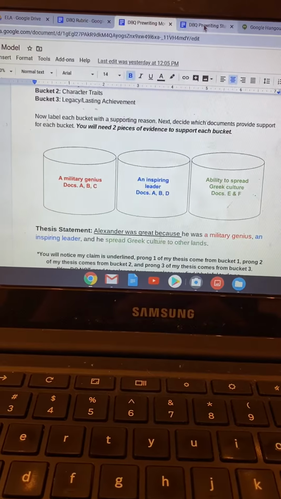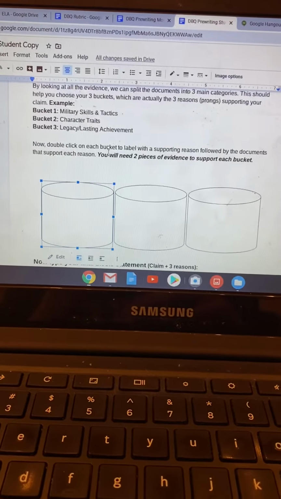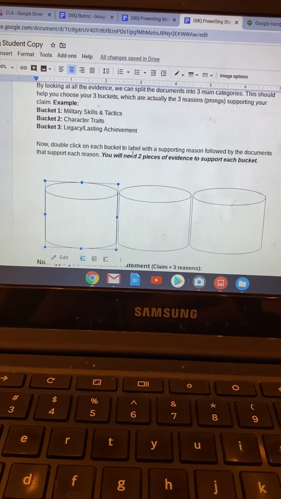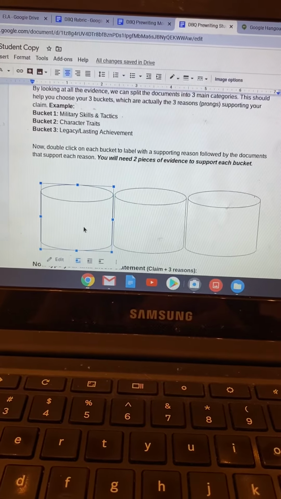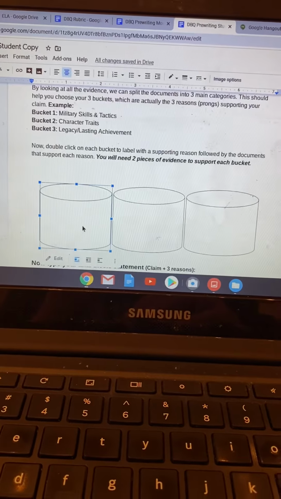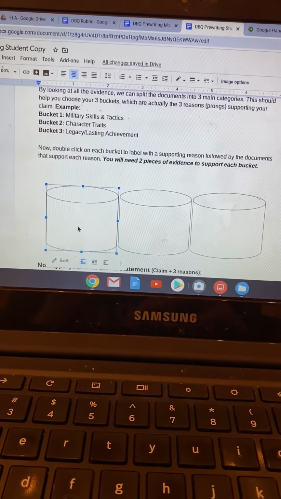Okay, let's go back to yours. Now double click on each bucket and label with supporting reason followed by the documents that support each reason. So here you're going to come up with your prong and then you're just going to list the documents that you feel support that reason. When we write our DBQ, very similar to how we've been doing our analysis essays in ELA, you're going to need 2 pieces of evidence for each support.